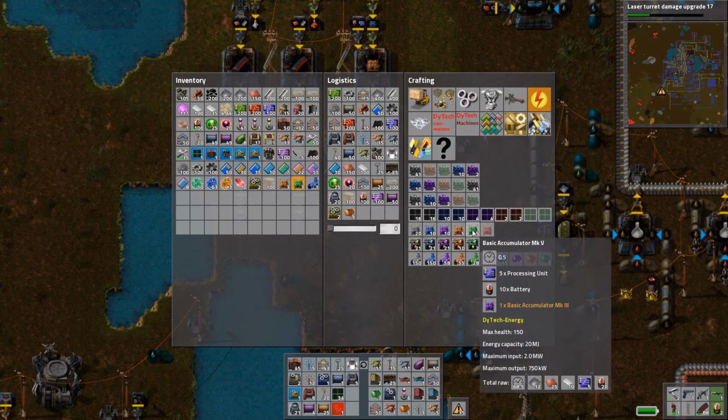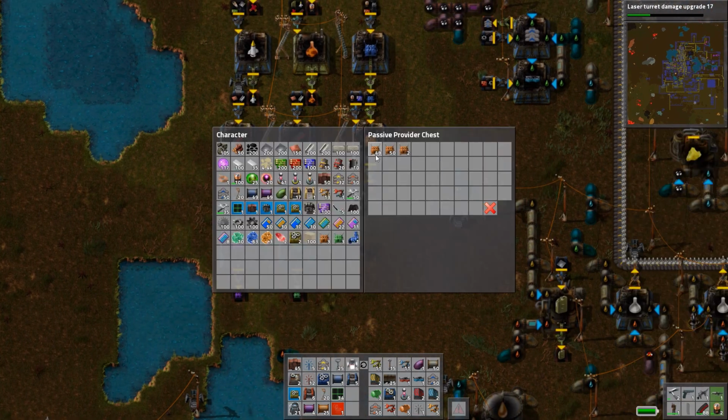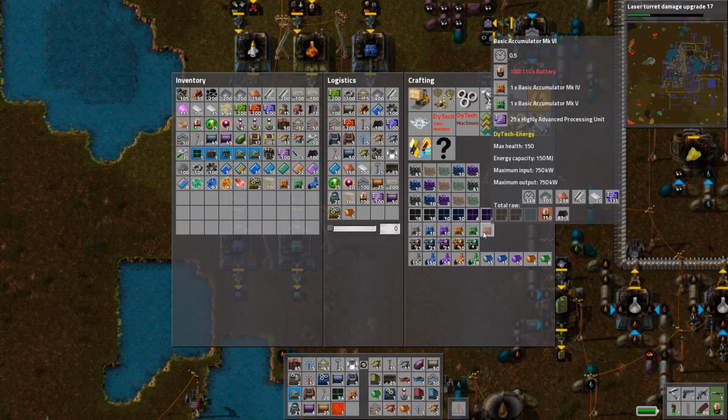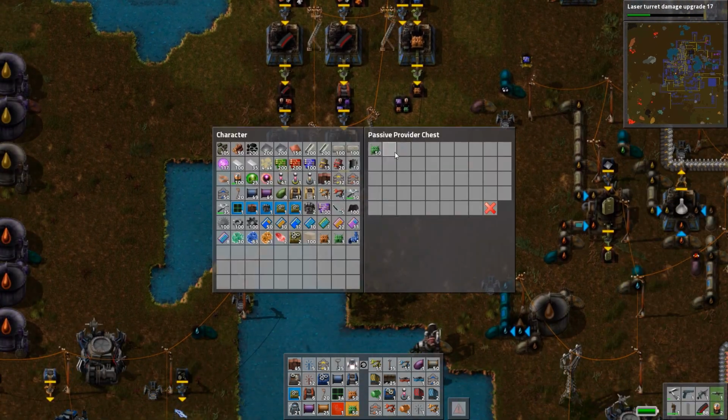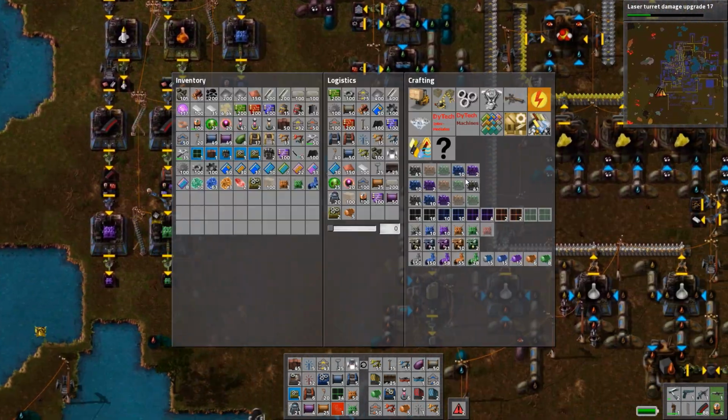For example, I already have a bunch of these set up to be delivered here, but I can just take a bunch out of here. It needs the orange ones and the green ones, so I'll take out 50 of each. And then I'll go over here. Let me actually, real quick, let me...